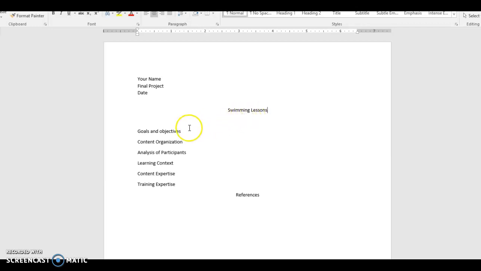And then you'll type in your goals and objectives. Again, you'll get that from part 2 of your worksheet, and then you'll just type in your information. Okay. Again, it's important that you keep these headers for each of the sections,